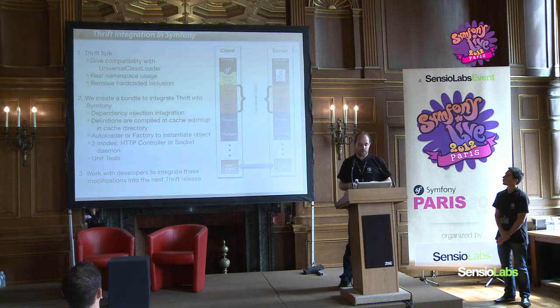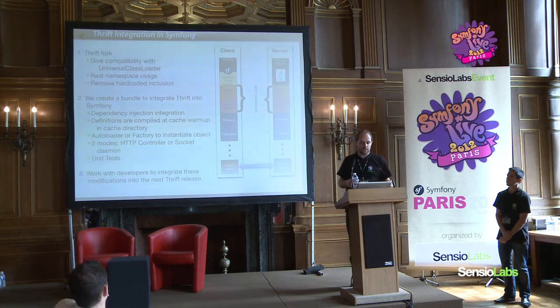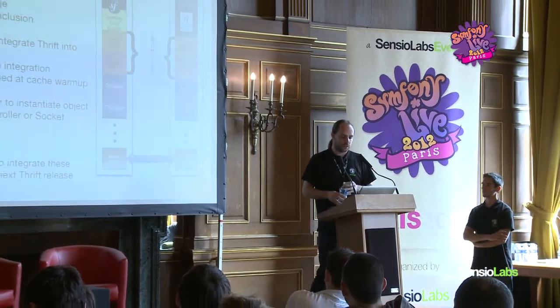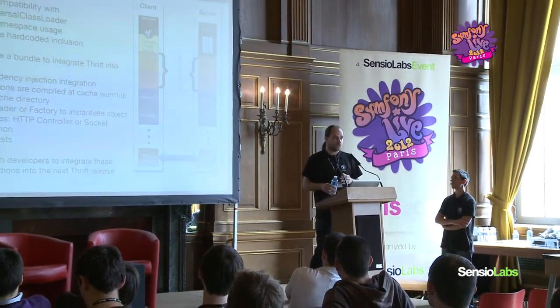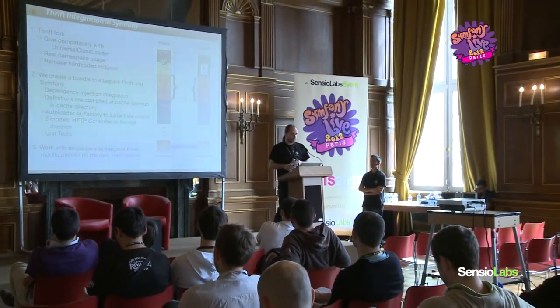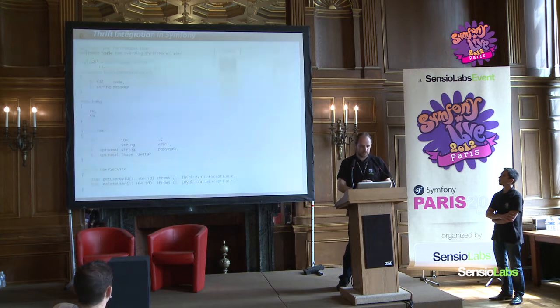Now let's have a good look at the Thrift operational mode: the protocol, the transport, and input and output. All this is managed by the Thrift libraries directly. And then you have the two upper layers, the orange and pink layers, which are the code generated by those definitions, and those manage writing and reading, and the client and services, on the left-hand side for the client. Now, the Symfony layer, the Symfony bundle, and the classical controllers, because the whole business part is managed by usual classes that need to be injected within Thrift. And on the right-hand side, a Java example, because this is something we're using today.